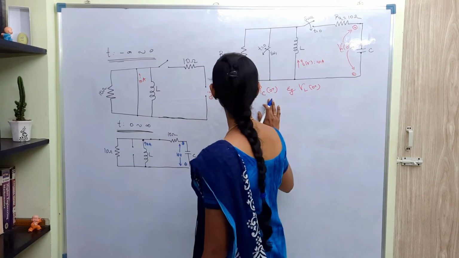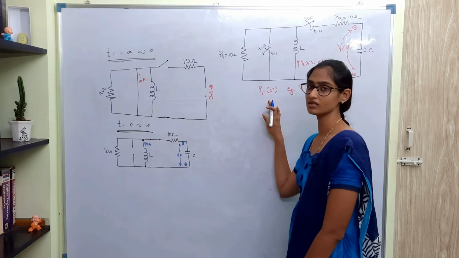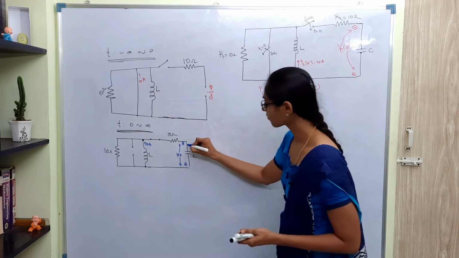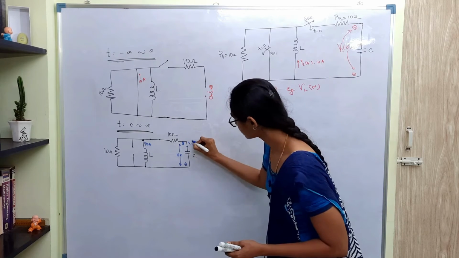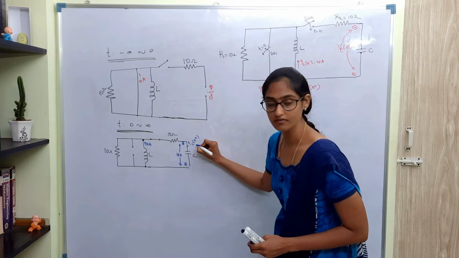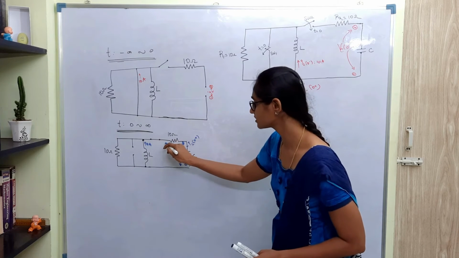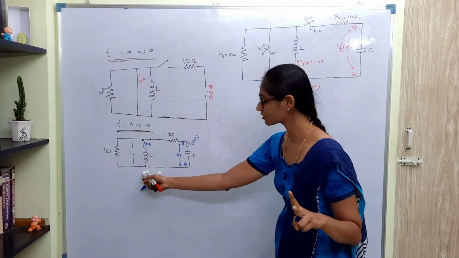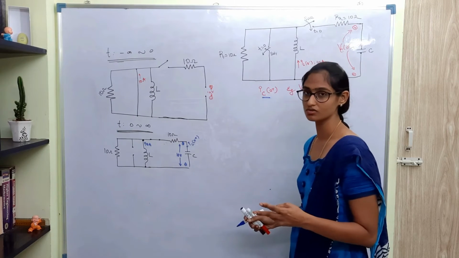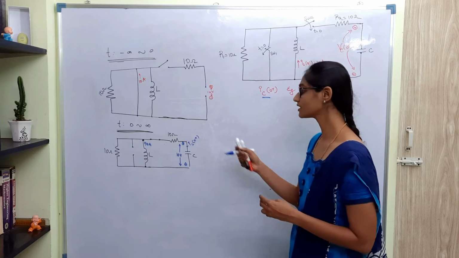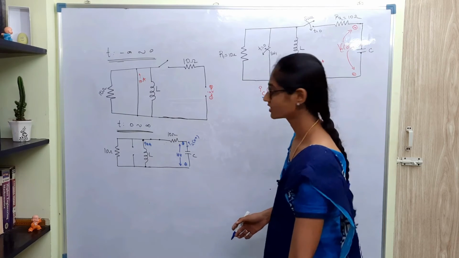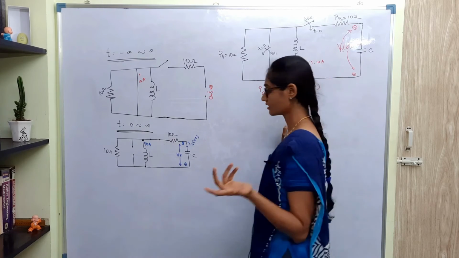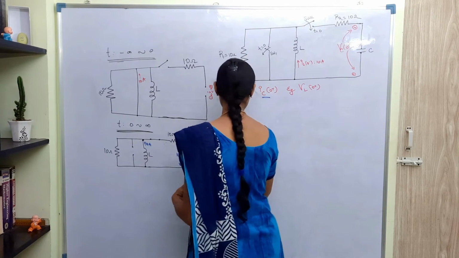We are asked to find out the current through the capacitor just when the switches are interchanged. So at t equal to 0 plus, what is this current, IC at 0 plus? This current will be the same current that is passing through this resistor. And through this resistor, you have two sources: one is a current source and the next one is a voltage source. So because of both of them, what will be the current? We have to find out. It is just basic concepts only, but it is given in terms of transient analysis. So IC of 0 plus.